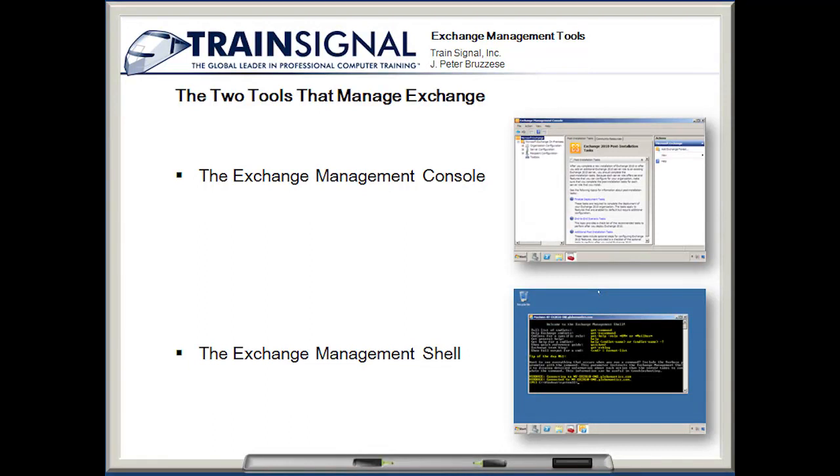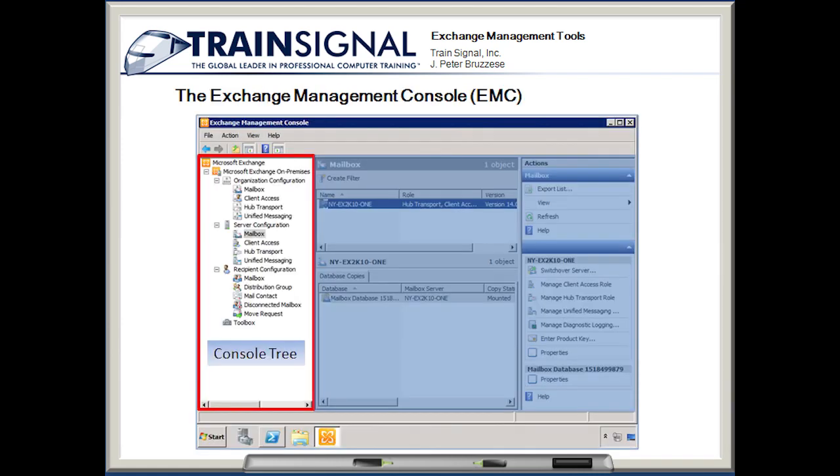In this video, we're going to introduce you to the two primary tools for working with your Exchange organization. The first is the Exchange Management Console, or EMC for short. The second is the Exchange Management Shell, or EMS. So starting with the Exchange Management Console, it's important for you to know the four primary interface elements of this